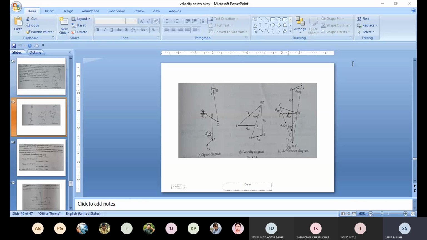Just find the answer, follow the instructions, and complete the answer as suggested by me. If you have any query, you can ask me. Give me the answer for the tangential part of CD and alpha of CD, so we can compare your answer. Your answer should be within a 5% limit.